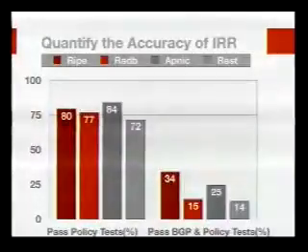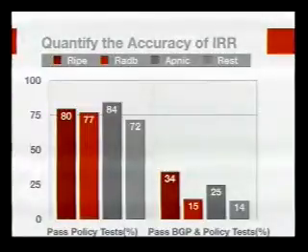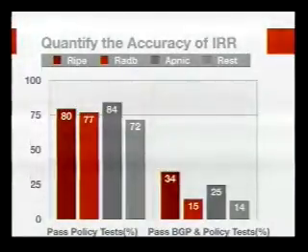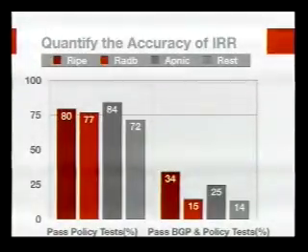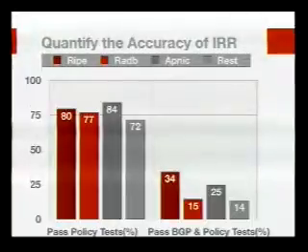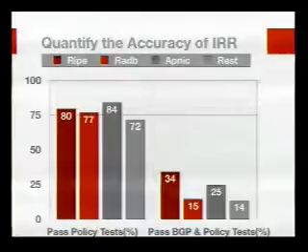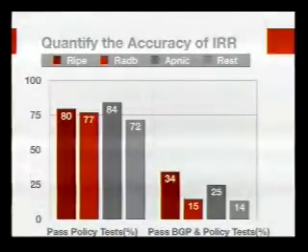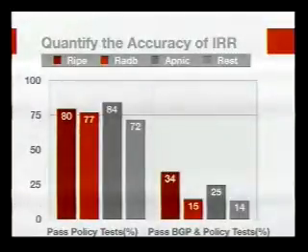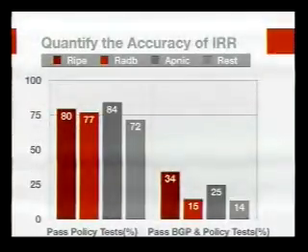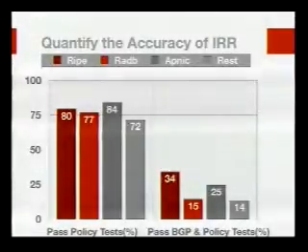Okay? So these are our results. For the left-hand plot, we have the percentage of the ASes that pass the policy-based test. For RIPE, we have that 80% of the ASes pass the policy-based test. For RADB, it's 77%. For APNIC it's 84%, and for the rest it's 72%. Here we should note that there are some requirements for our approach to work correctly. In most of the cases, the requirements are met, but there are very few ASes in which, even though they register correctly the policy, we find them as incorrect.